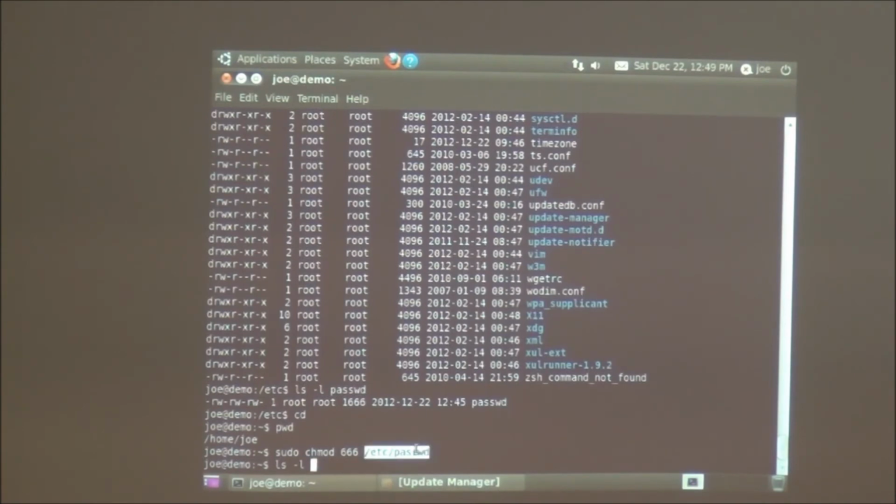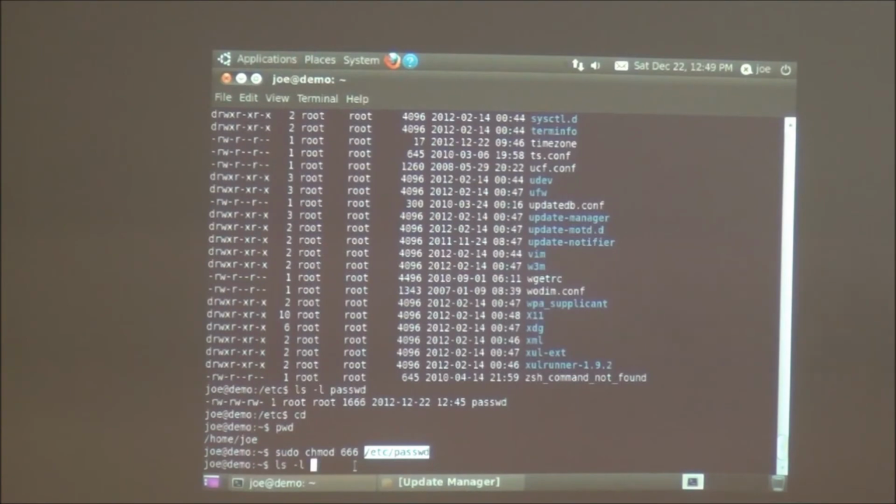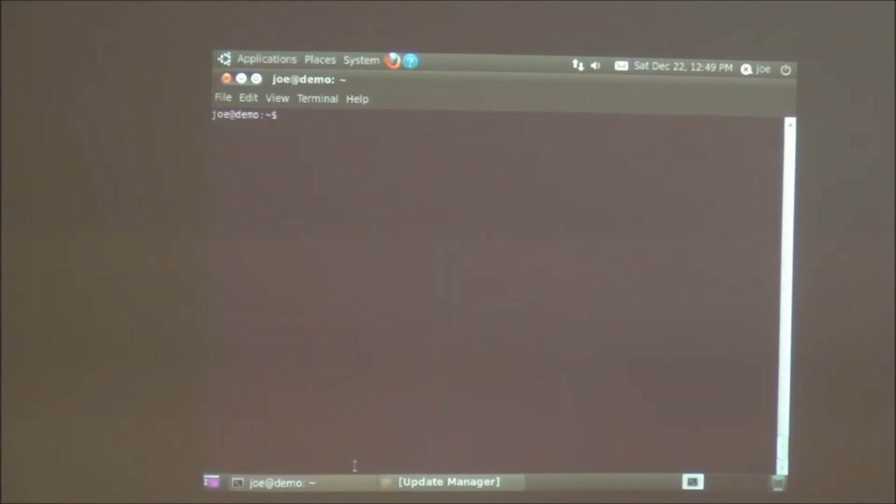What was ls? It's list what? What is the l? Oh, long format. So let me clear this. If I do ls, I just get a directory, and it's just the names.